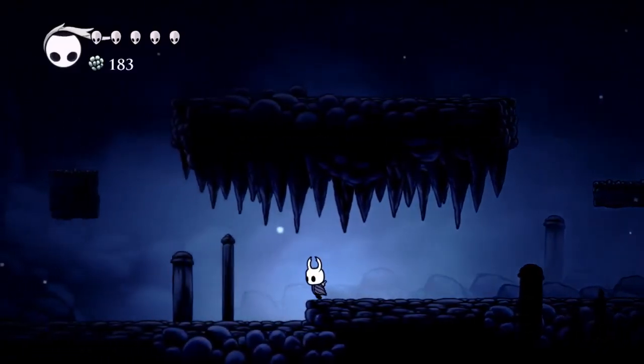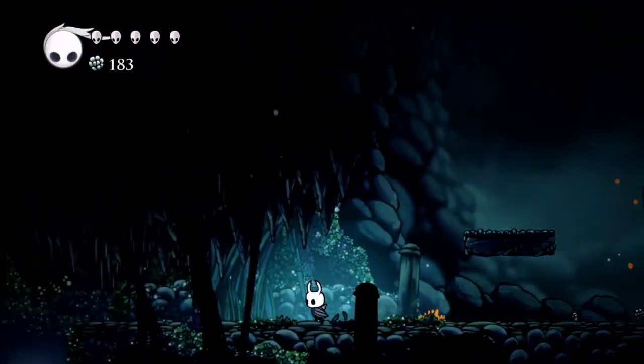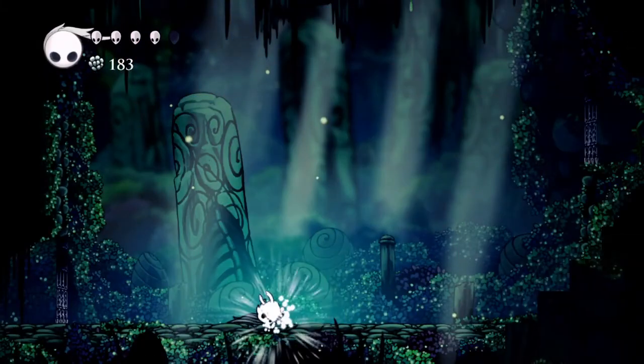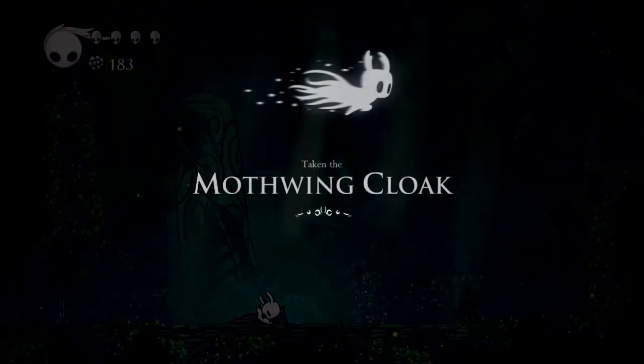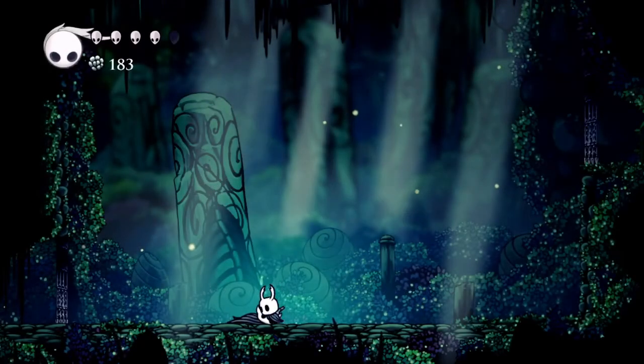Now, there's not really much interesting in Green Path. There's not so much that you can do other than opening a locked gate, and Zote, who I kind of just left to die. I already have both the Coliseum of Fools achievement and the Neglect achievement from a bunch of other playthroughs, but after a quick fight with Hornet that also was no trouble, we do get the